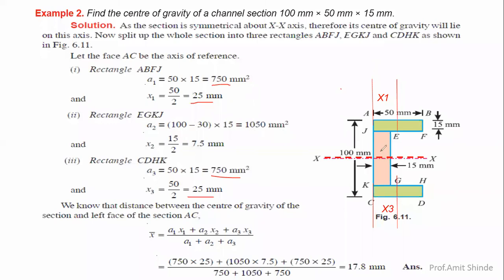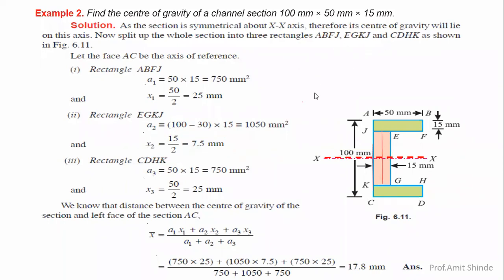Now the middle one's area: out of this 100 millimeter, the 15 over here and 15 over here are subtracted. It means total 100 minus 30, into 15, you'll get an area of 1050 millimeter square. This is the area of the second rectangle. Now the CG location: the CG of that particular figure is located at half of this 15, which means 7.5. That's why this distance is 7.5.